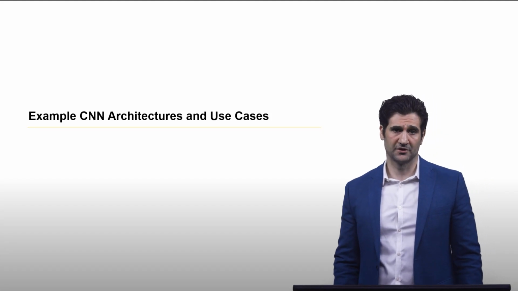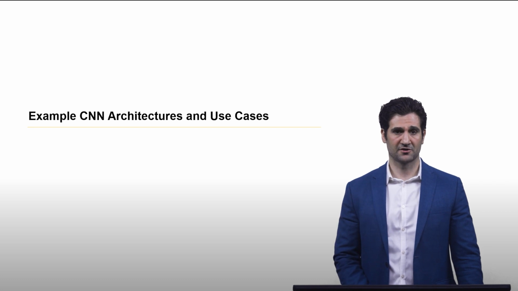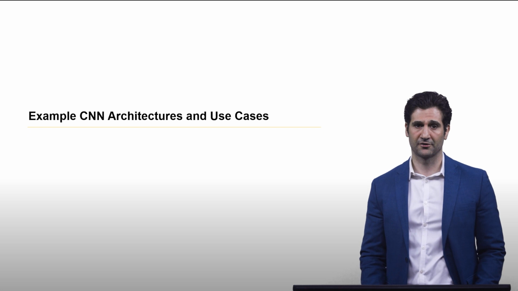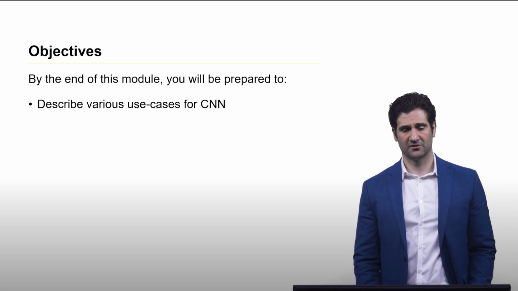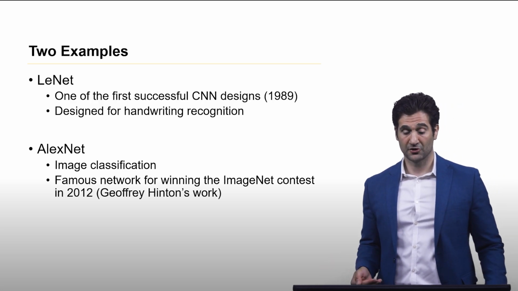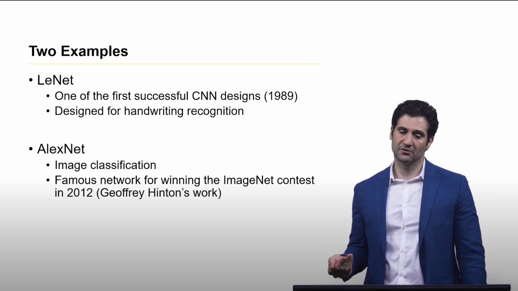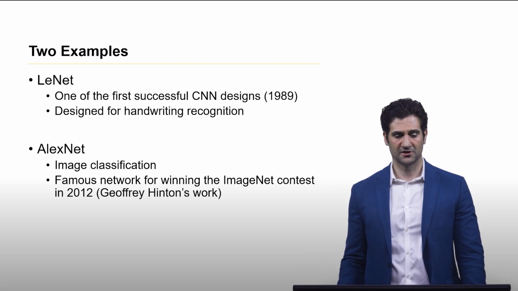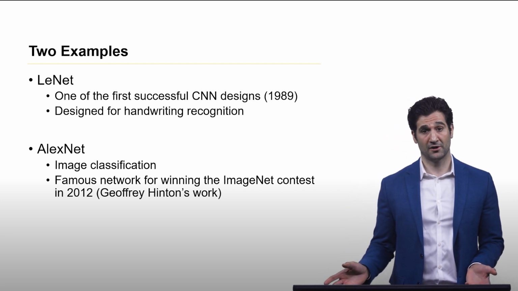All right, welcome back. In this lecture, we'll go over some CNN architecture examples and talk about some use cases for convolutional neural networks. So this deals with the use case objective in the module. We're going to show two examples of very famous architectures to give you an intuition about how the different layers are constructed. The first is LeNet, and this was one of the first successful convolutional neural network designs